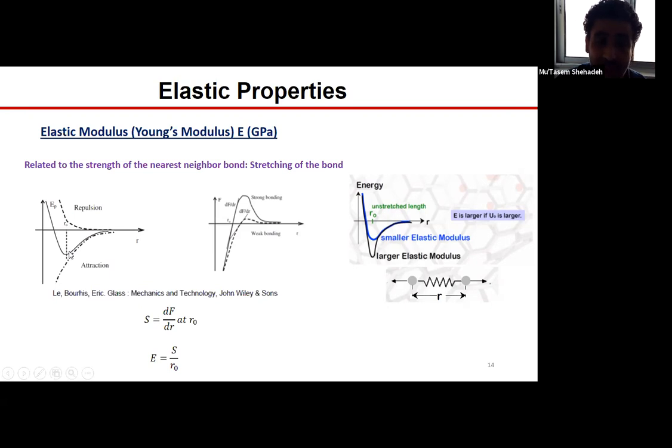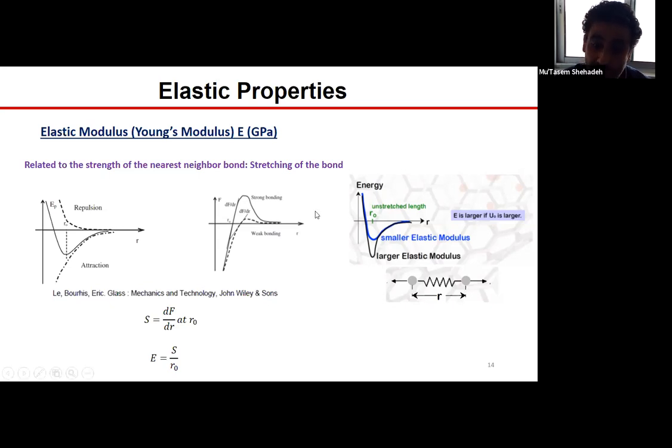So this R0 is the equilibrium separation distance, or atomic distance, between atoms in any material. Now, this energy is a potential energy. If we take the derivative of it with respect to the distance, what one would get is the binding force F. And at equilibrium, that's when R is equal to R0, that force has to be 0. That's equilibrium. There should be no resultant force acting on the element. However, if these bonds are stretched, so if the distance R increases, the force will increase. It will always try to bring the atoms to their equilibrium configuration. And if the level of the force becomes high enough, the bond could be broken, and this will lead to